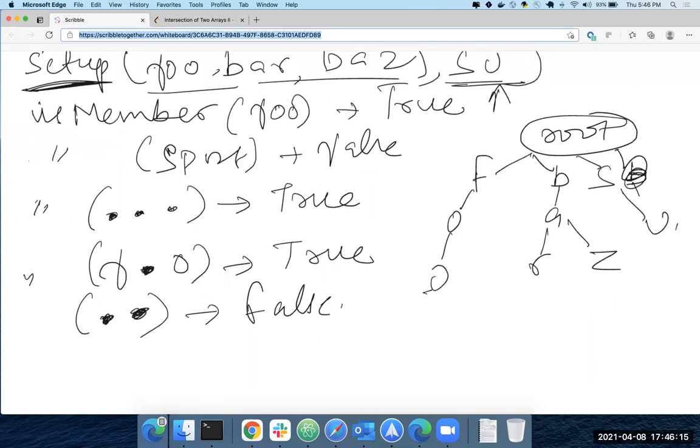So for each word, we'll iterate the trie, and basically for every star, we have to cover all the branches of the trie, right? And then if it is a star, then we cover all the children of that particular character, and one by one go to the next character.